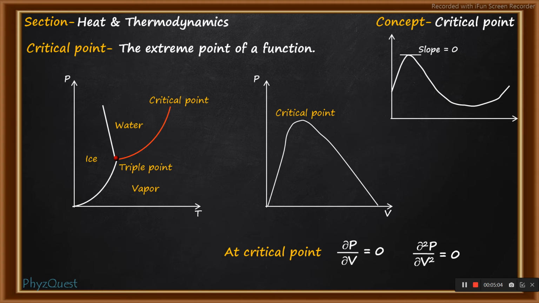Now let's come back to our question. So here we are given the expression of pressure as kBT rho minus B2 rho square plus B3 rho cube. Here you can see that pressure is a function of temperature and the number density, but number density is a function of volume, because number density is the number of particles per volume. So instead of differentiating the pressure with respect to volume, we can differentiate the pressure with respect to the number density rho. It will make the calculation much easier actually.